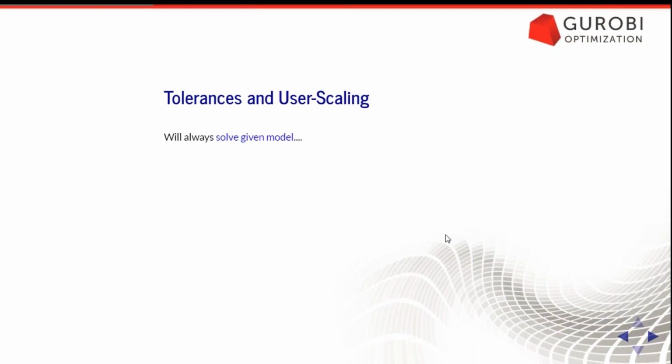And what do we do to handle that? Well, that's tolerances and user scaling. And this is key to understand. So what will Gurobi do? As I said before when we were talking about these rounding issues, we will always trust the numbers that you give. So for example, if somehow in your model you write 1 plus 10 to the minus 7 times x less than or equal to 1 with x being binary, Presolve may detect this expression because it will be hidden and decide that, well, that implies that x must be 0, which is a correct implication from what